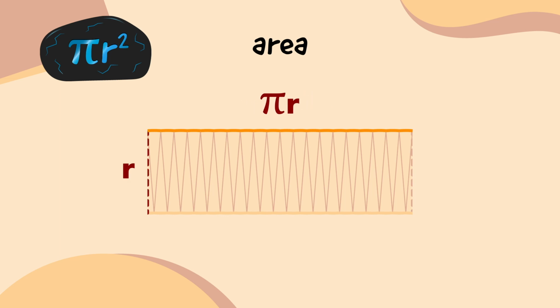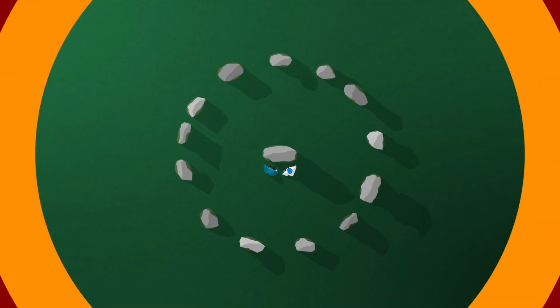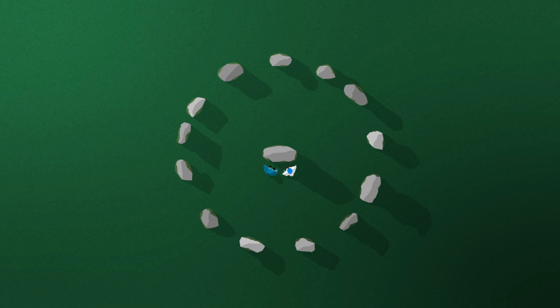Amazing! Looks like we can work out the area of this rectangle now. Well, the area of a rectangle is equal to its length multiplied by its height. So the area of this rectangle is equal to pi r multiplied by r, or pi r squared. Hey, look at that! Your runestones were right. The circumference of a circle is equal to pi d, and the area of a circle is equal to pi r squared. I think we're ready to complete the spell and bring the stones of Aeolus to life.